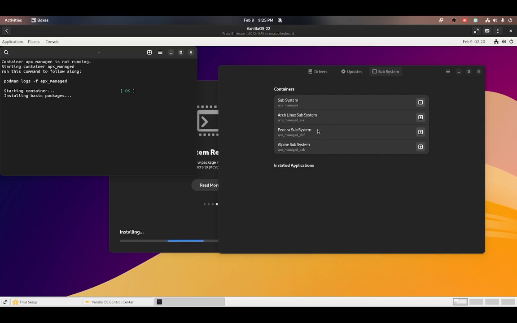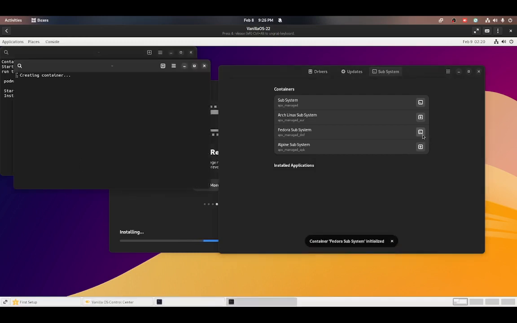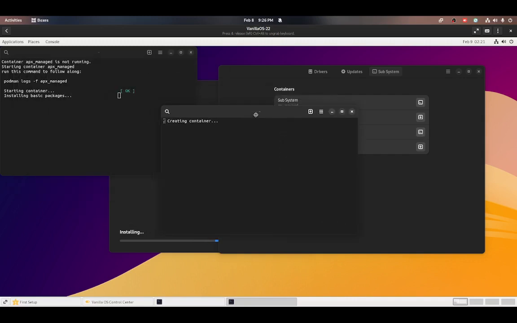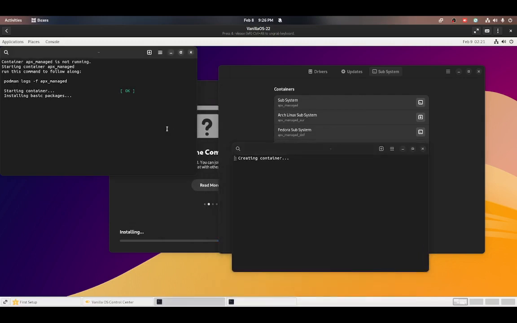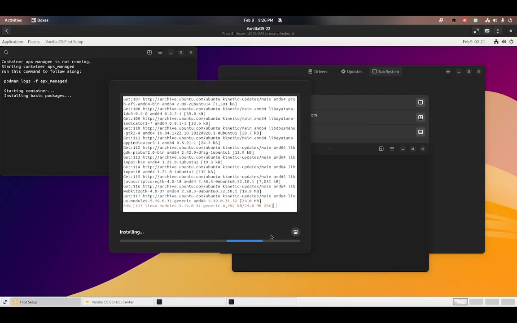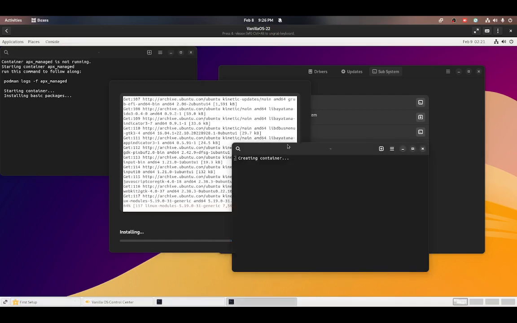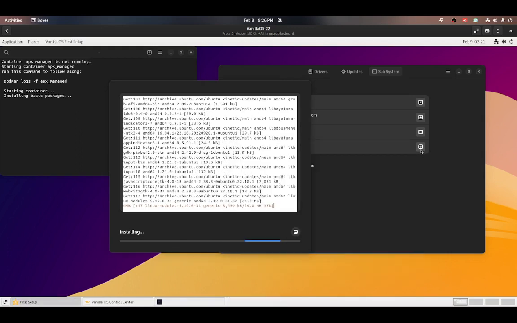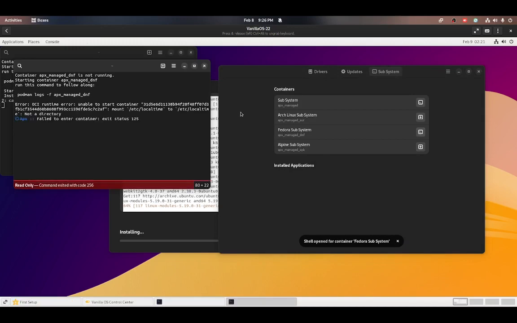Alpine. And this is technically a subsystem from Ubuntu. Like Ubuntu is the APX base, I think. But these are the added ones. So let's do Fedora. So that's taking a while. This is taking a while. So I think they have a great container created, command exited, nothing to do here,